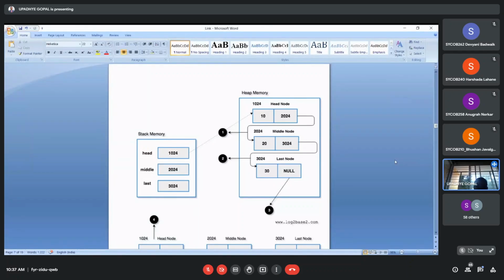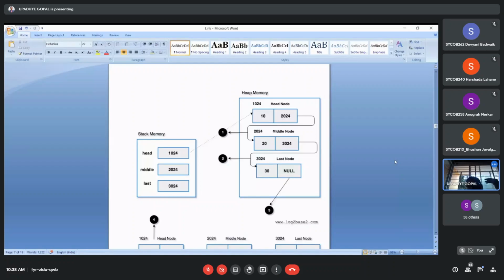Now the next subsequent memory location is 2024, where we have to insert the other value, that is 20. That's why in the first node, the head node, you can see the reference is made with the address value 2024 and it is pointing to the next, middle node, and on that middle node 20 is inserted.